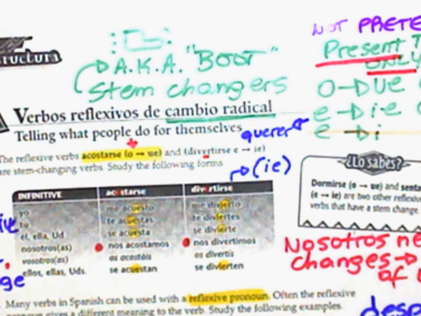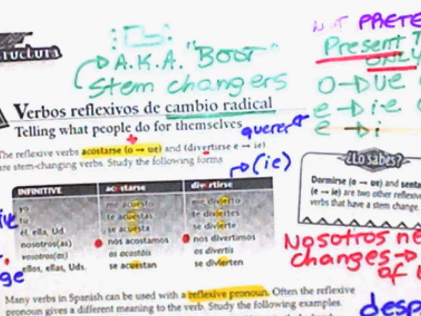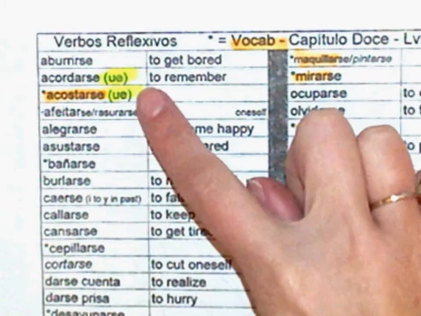Okay. Same thing here. We're going to take what we know about querer. We're going to take what we already know about reflexive verbs. We're just going to merge it all together. Okay. So if you look at your vocab list, you have a whole bunch of verbs that happen to have a parentheses next to it. Okay. Also, if you look at the back of your notes, you have a whole bunch of these verbs that have these parentheses